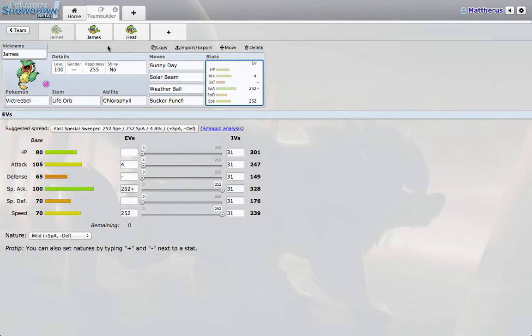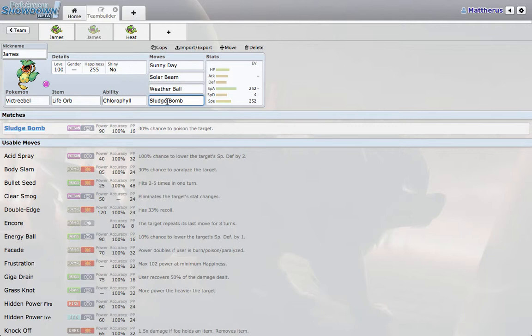I do have two other sets here I will go over right now. You guys have probably noticed those. This is basically if you want to run a fully specially offensive one. Oh wait, yeah, I need to change the spread really quick. I need to make this the minus. This is basically if you're not comfortable not having a poison type move,